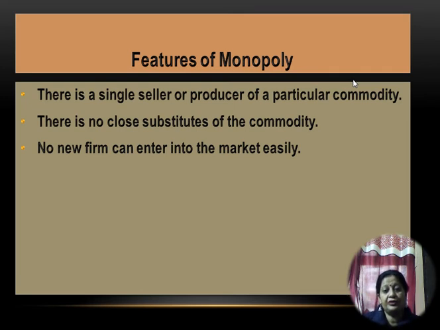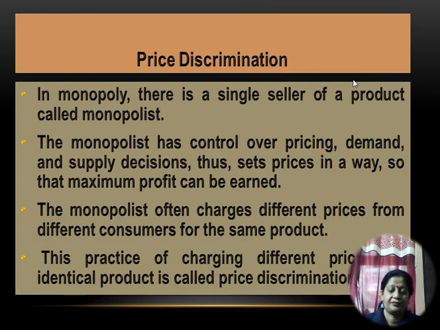No new firm can enter the market easily. Railways is a market that no other firm can enter easily. They have to follow a huge number of features and essential elements just to enter the market structure of monopoly. So these three features play an eminent role in making a market a monopoly market.